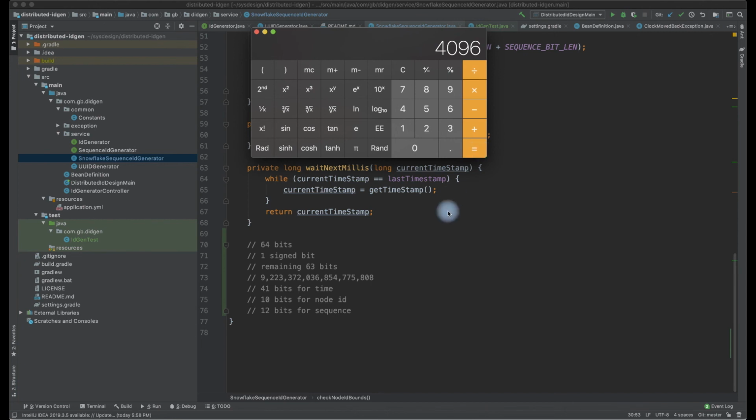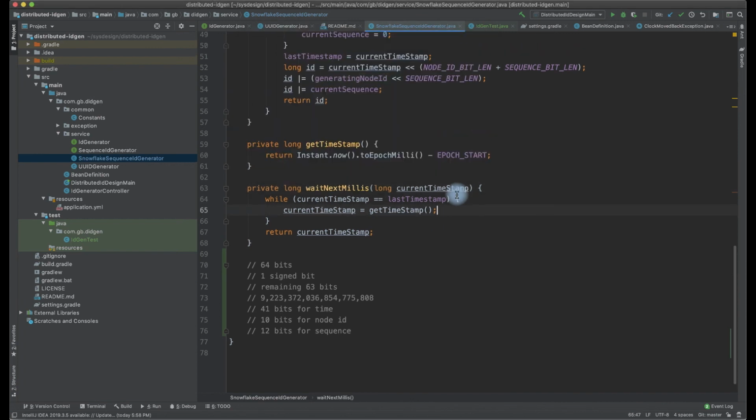So that is the sequence ID. If 4096 requests come at the same millisecond, and the previous request is at the same time, I am going to increment the sequence number and give the value back. So we are able to handle 4096 requests at the same millisecond, and adding another 10 bits, which is 1024, for the node ID, we would be able to handle that many requests in a single machine at the same millisecond. So now we have suddenly scaled up our capability to serve.